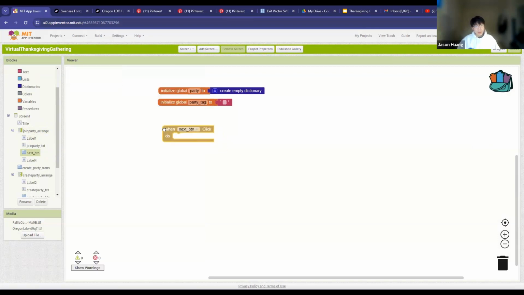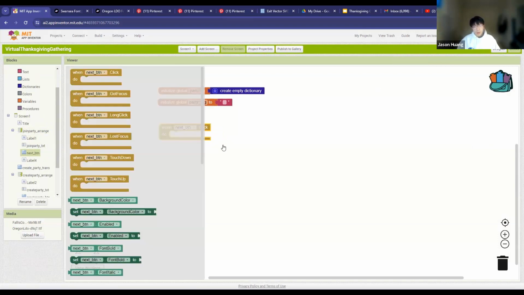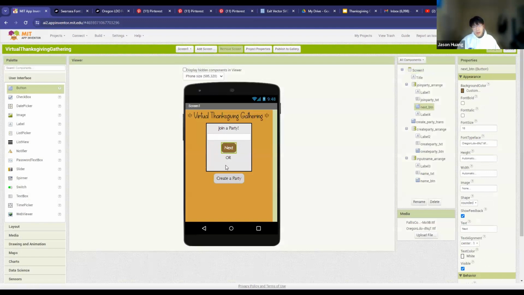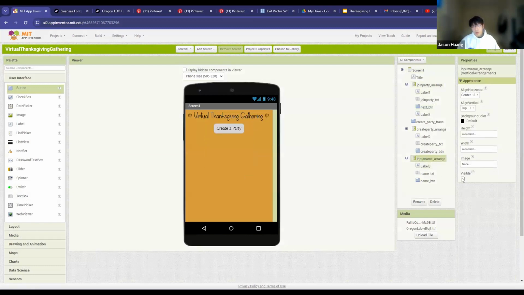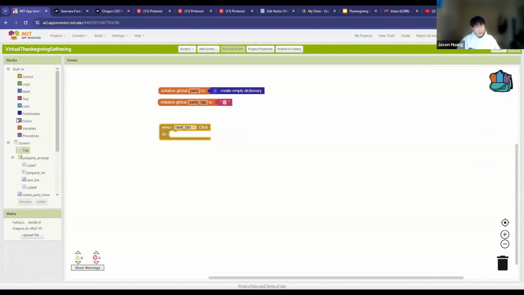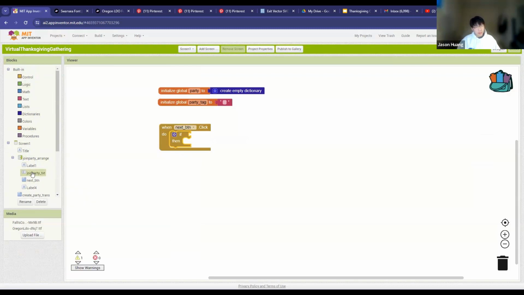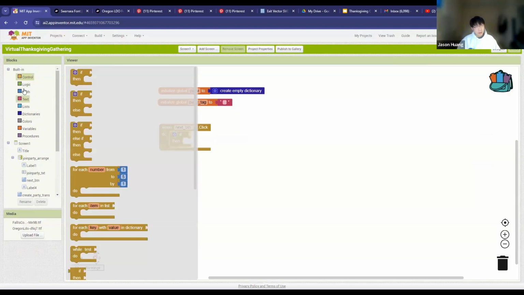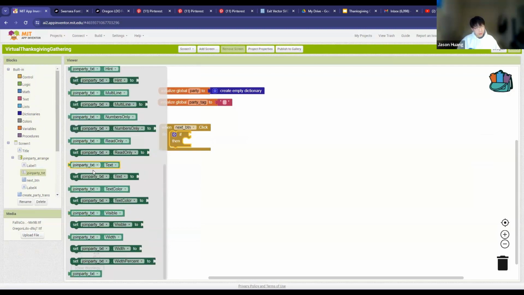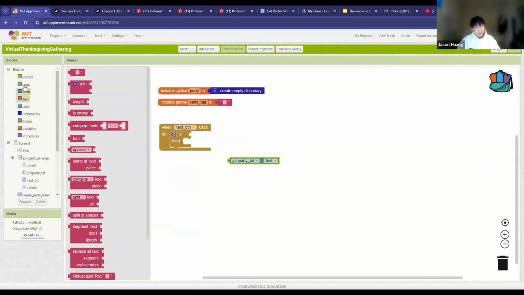So the first button I'm going to code for is the next button. So what I want this button to do is to hide this. So when the user clicks this button, then I want it to hide this arrangement and then show this arrangement. Okay. Well, the first thing I'm going to do is actually make sure that this text box is not empty. All right. Because if it is empty, then I can't really do anything with the input. So if this text is not equal to